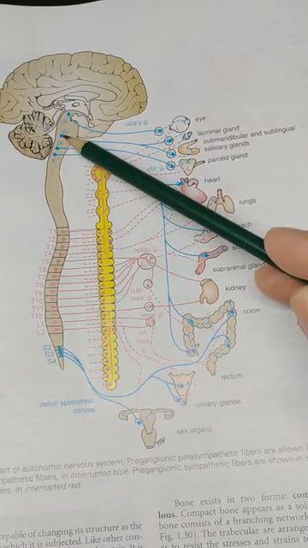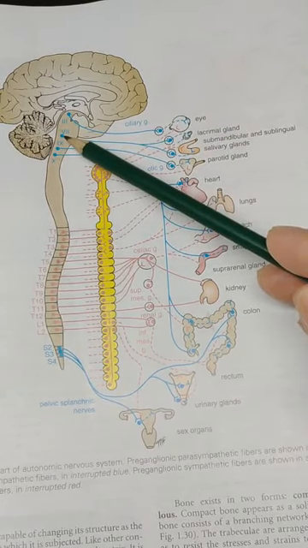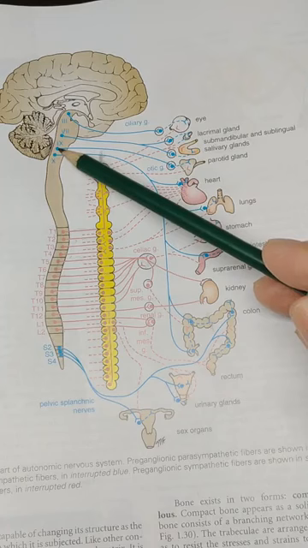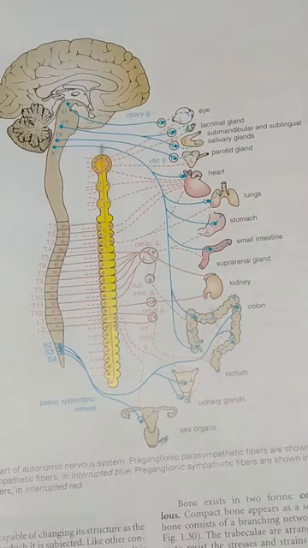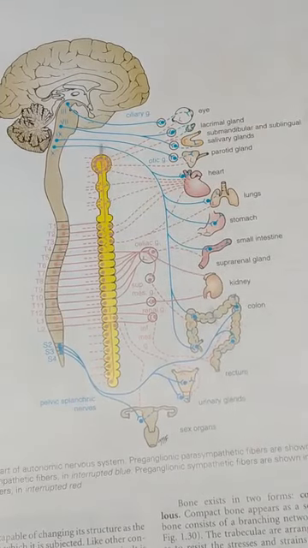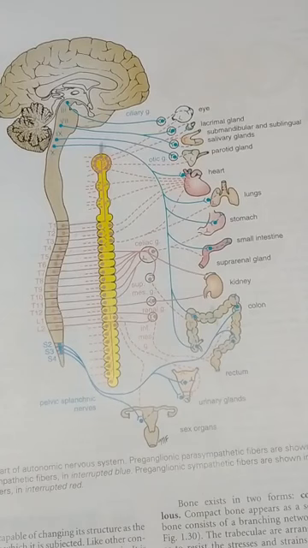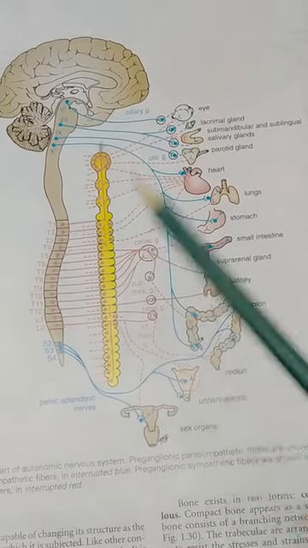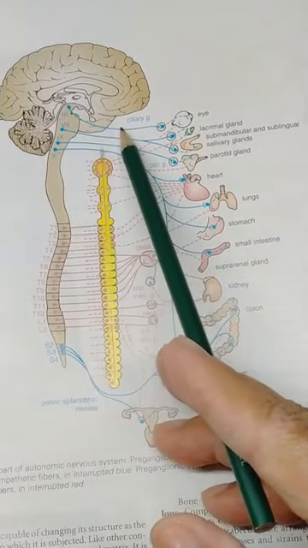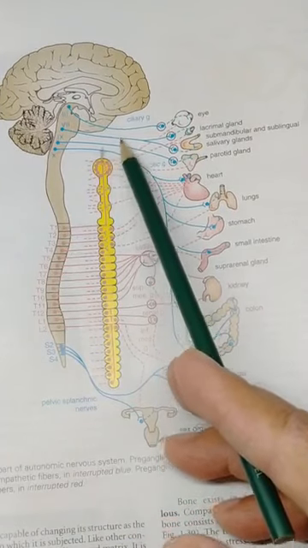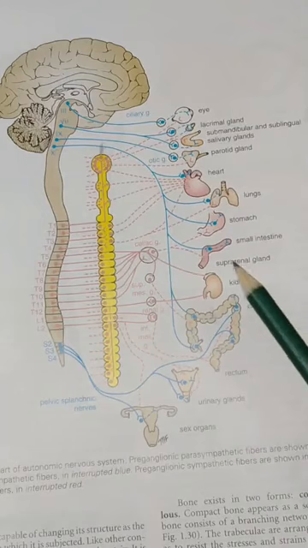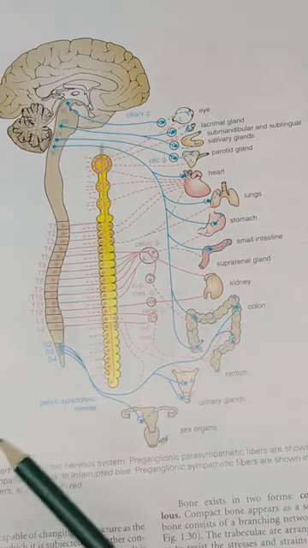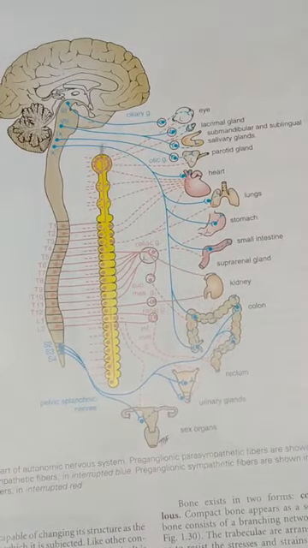Another dot, this is the motor nucleus of the facial nerve, the motor nucleus of the glossopharyngeal nerve, and the motor nucleus of the vagus nerve. Okay? So that will be discussed again when we take up the cranial nerves of the brainstem. So this will give rise to the preganglionic parasympathetic fibers. Take note, it is preganglionic. So it will have to make synapse with a ganglion